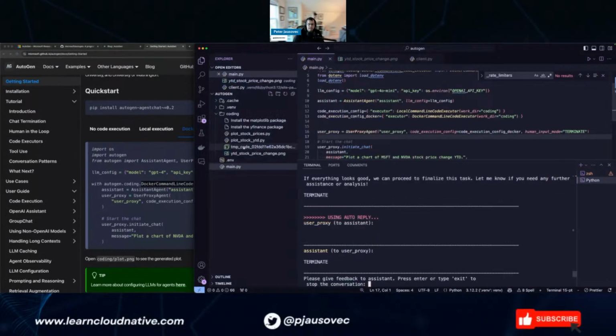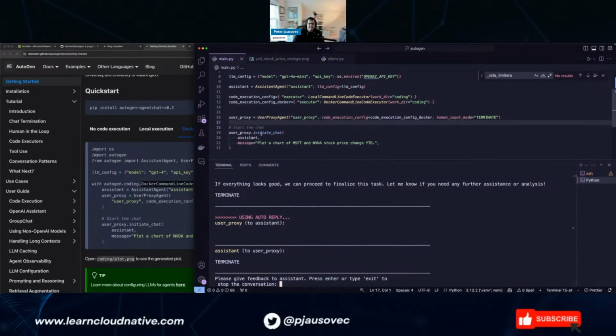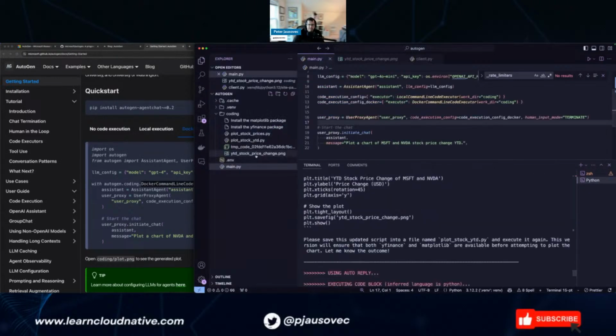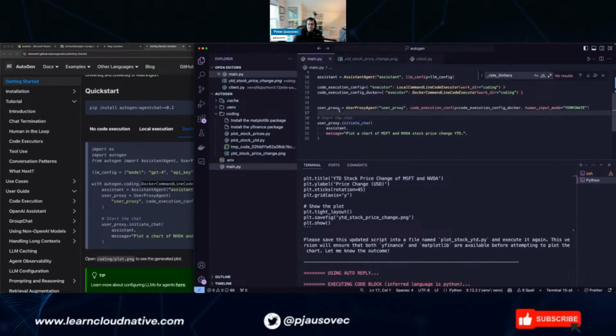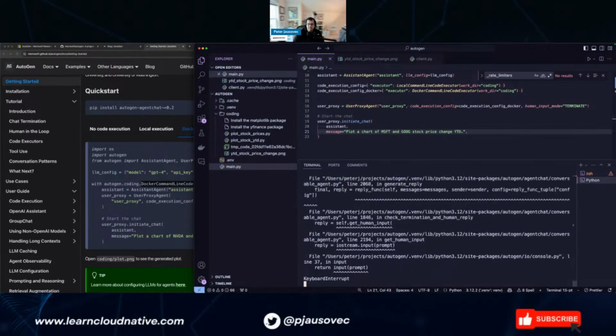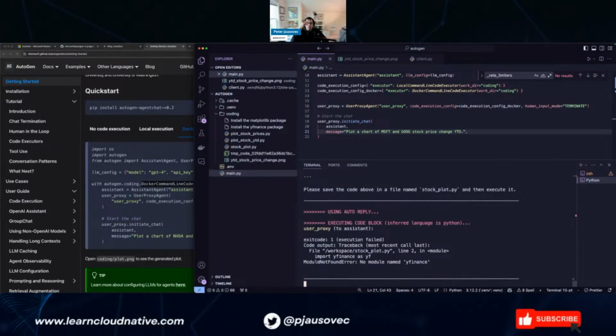The only thing is, it's weird that it created a PNG in the working directory. Let's check and just see. I'm curious if it copies it somehow. I don't think it does. I'm wondering where it actually creates the image.